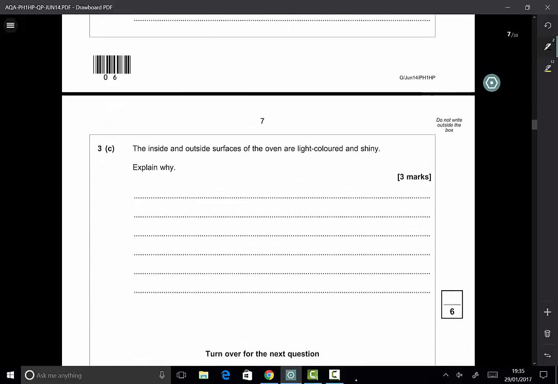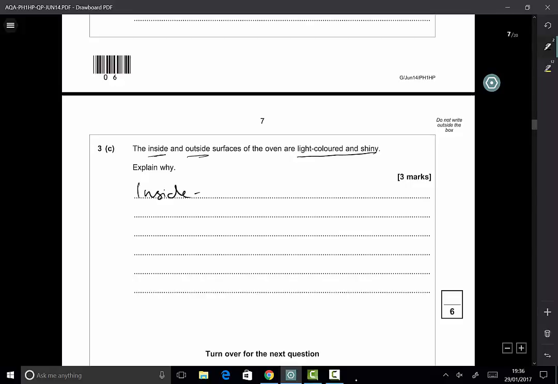Now this is an explain question. It tells us that the inside and outside surfaces of the oven are light coloured and shiny. So we see light coloured and shiny, we should be thinking of those properties to do with radiation, whether things are reflected, emitted or absorbed. So let's start with looking inside the oven. The heat source is inside the oven, and we know that the light and shiny surface on the inside is going to reflect those rays. So inside,